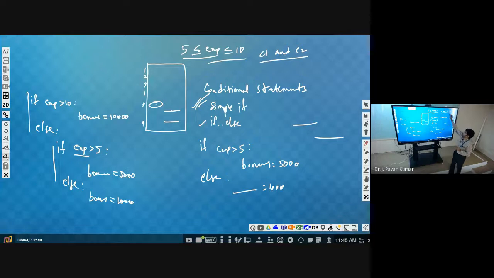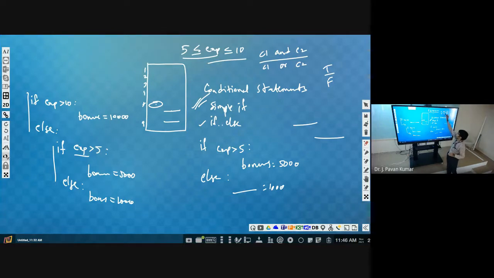The outcome will be true whenever both are true. If any one of these is false, then the outcome will be false. Similarly, we have seen another connective, that is OR. Whenever C1 or C2 is there, what will be the outcome? If it is true, then either of these two is true. Either C1 can be true or C2 can be true, or both C1 and C2 can be true, then the outcome will be true. Whenever it is false, then C1 and C2 both will be false.